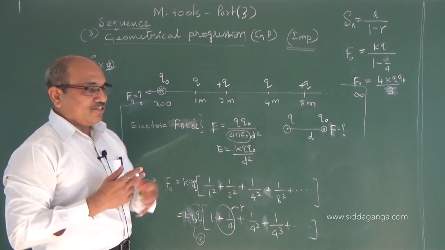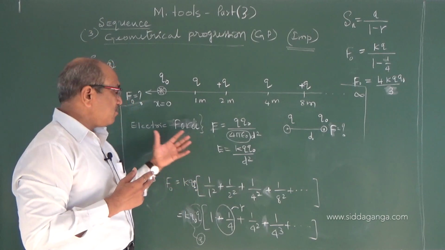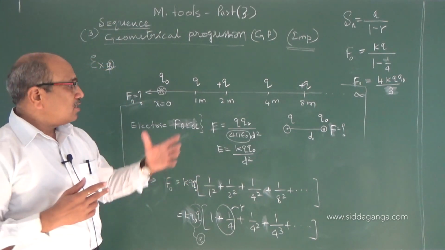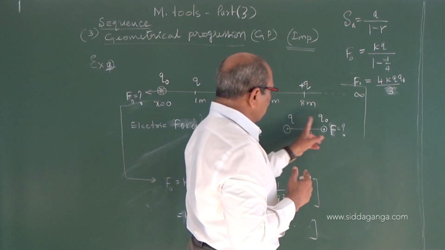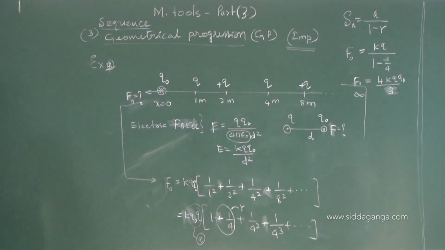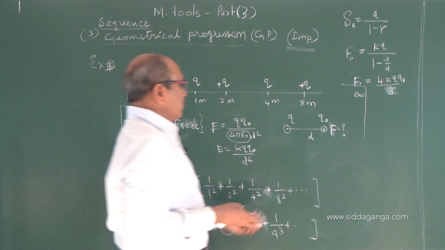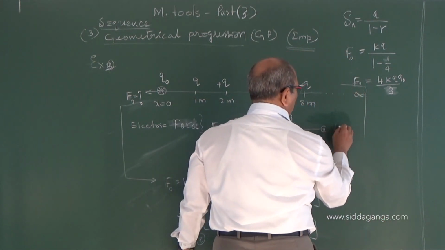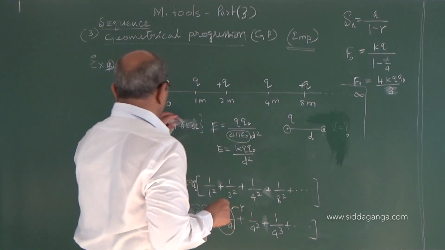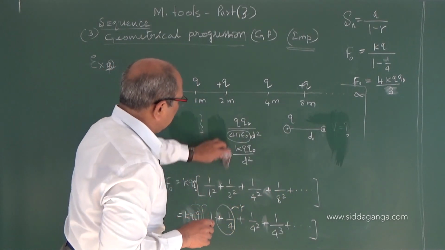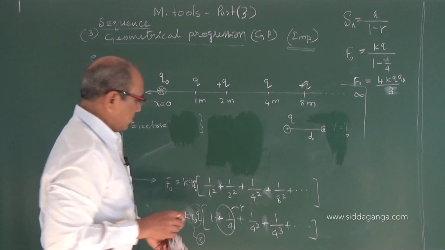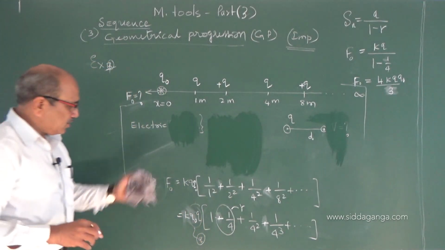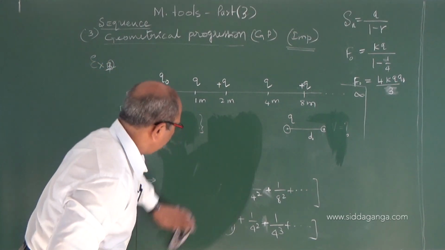So what is the potential term? When we come to the potential due to a charge at a certain point, if I want to calculate the potential at this point, how much is it? Electric potential is required, so the relation changes a little bit, and I have to make small changes.